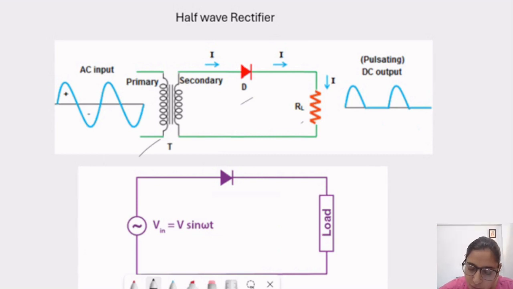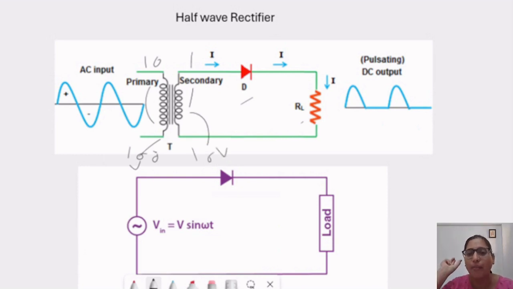Now here we can see that a transformer is connected. So primary and secondary coils are present in the transformer. We know that the output of a transformer depends on the number of coils inside it. So it is a step down transformer and let's consider the ratio as 10:1. What it means is that if the voltage in the primary coil is high, say 100 volt, the secondary coil will receive the voltage at the ratio of 1, which is nothing but 10 volt. So if I am considering 100 volt of input here, at the secondary I will get only 10 volt. So the peak to peak voltage is reduced by the step down transformer.